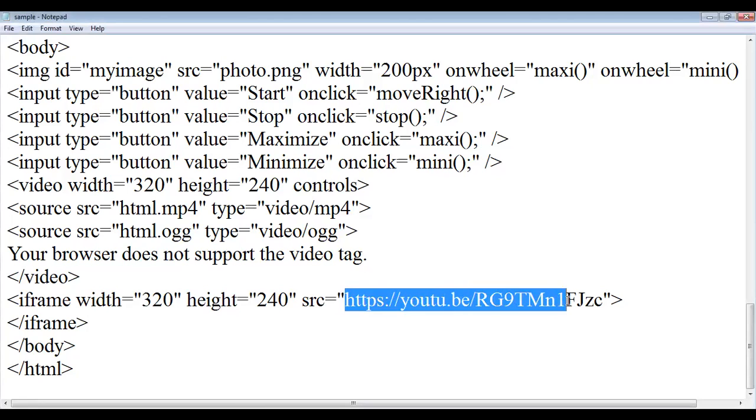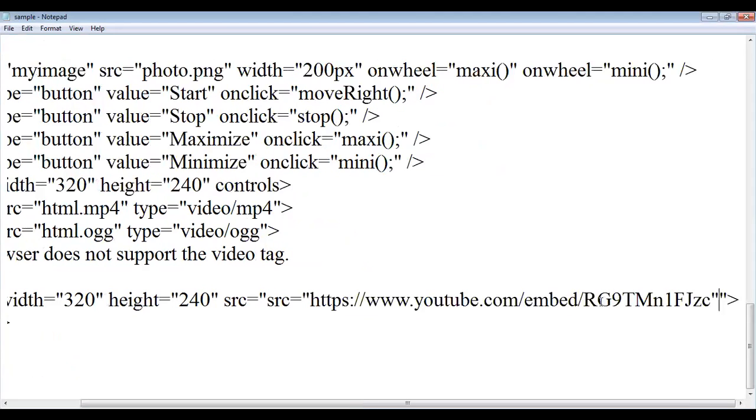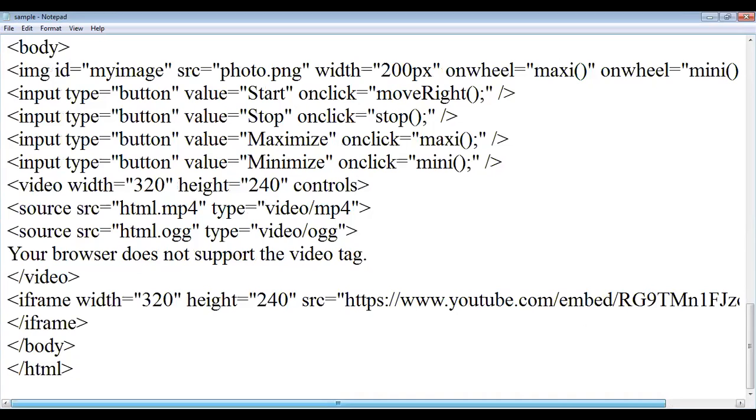So in the place of here, you can include this one. Okay, now we have to save it and refresh it.